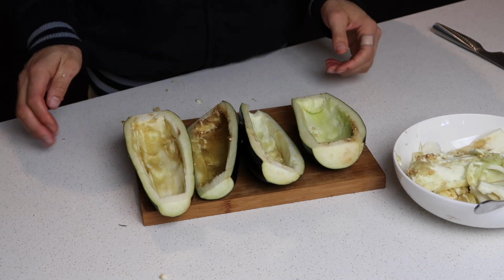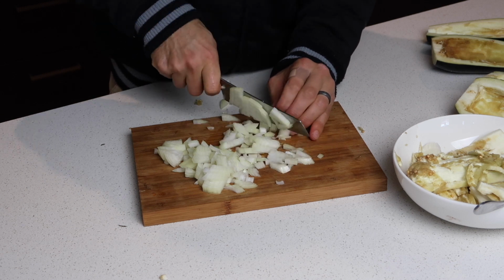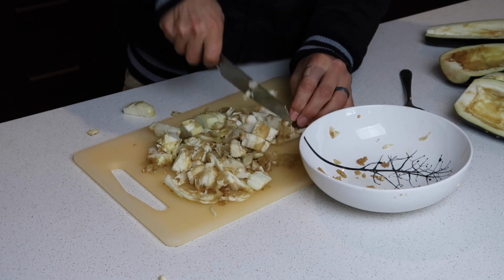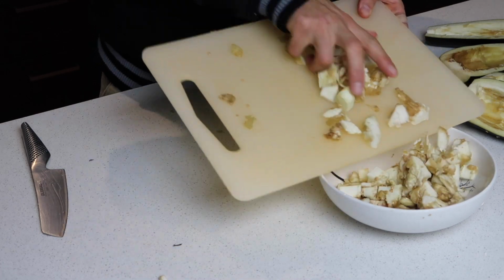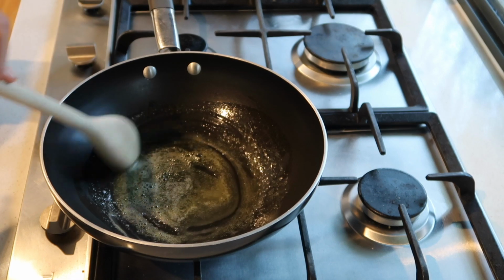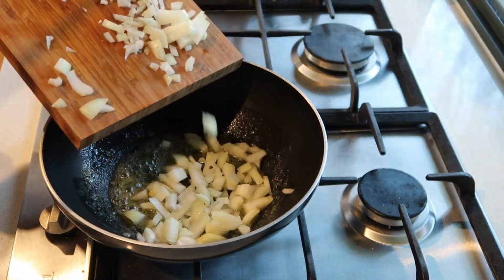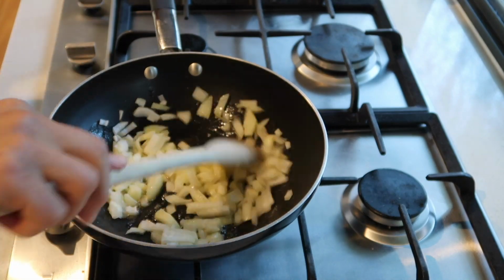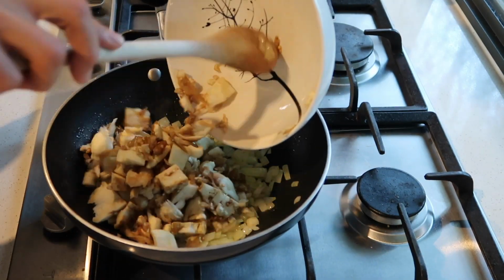And you'll end up with 4 eggplant boats. And next he's finely chopping up 1 brown onion, and he's going to chop up that eggplant flesh as well. Then over to the stove, heating some butter, adding in the onion and cooking for 5 minutes until soft. Then Dave adds in the chopped up eggplant,